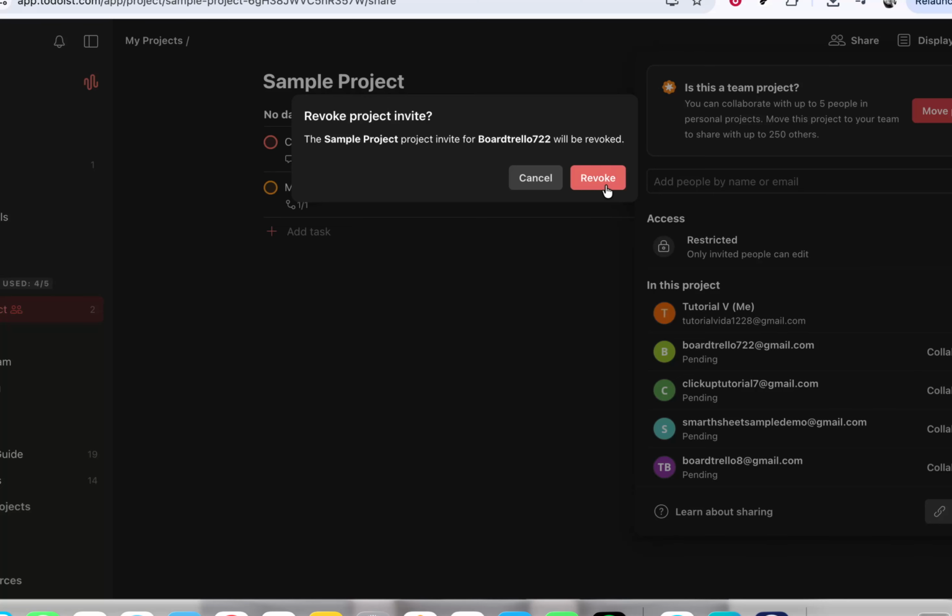This is a good moment to double check your remaining members and make sure only the right people still have access. If you're working with a team, it can also be helpful